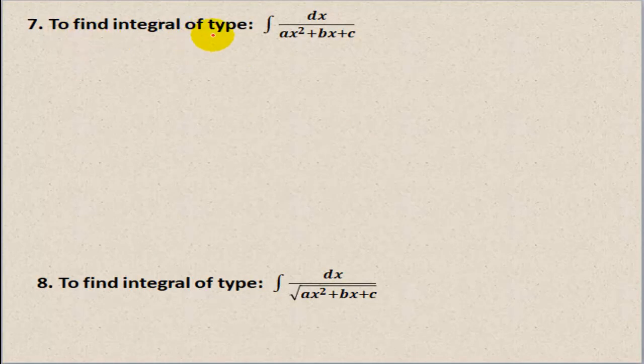Now it says if the integral is of this type, if you see in all the previous 6 identities, whether the denominator was without the square root or under the square root, the polynomial which was given to you was a quadratic polynomial, and all the expressions were either a sum of two perfect squares or a difference of two perfect squares. So here is the difference. This polynomial is not written as either a sum of two perfect squares or a difference of two perfect squares.